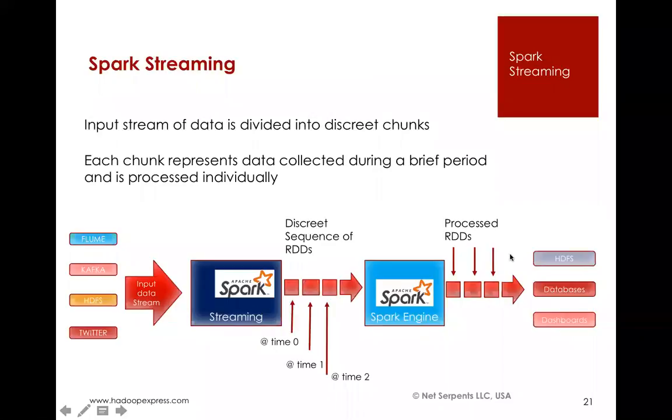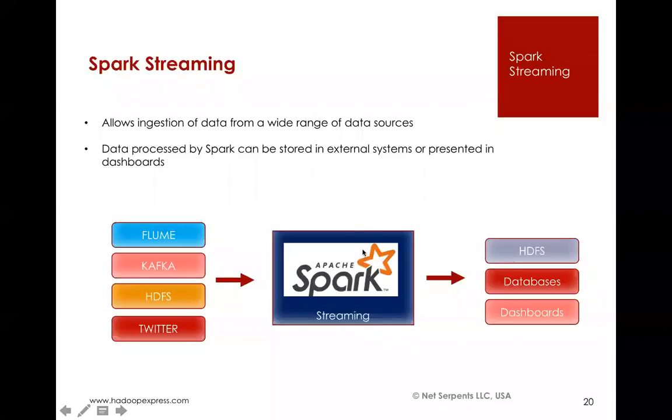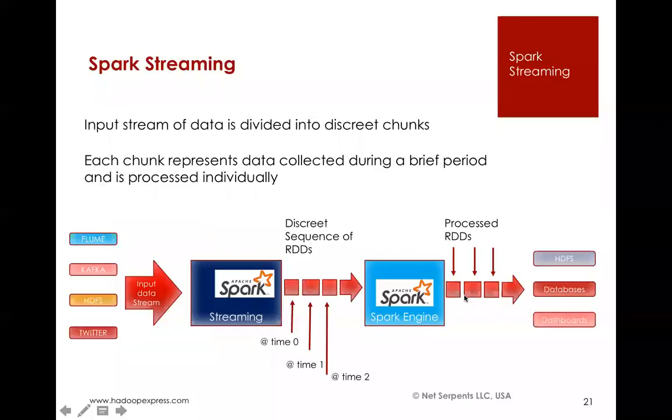So to break it down a little more, we are breaking up this process and seeing how it works. This input stream of data is divided into discrete chunks. The way it works, Spark actually divides your data into discrete chunks. What does that mean? Let's say you have a large amount of streaming data coming in from all these sources. So you have an input data stream. It comes into Spark Streaming. Spark Streaming takes it and breaks it down into